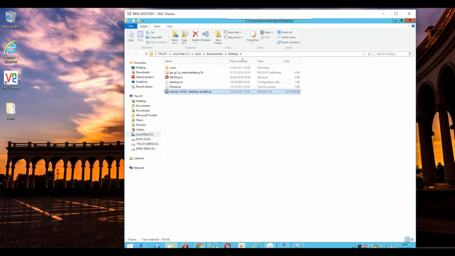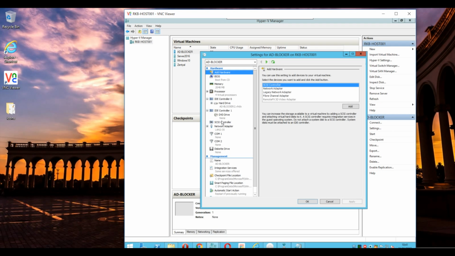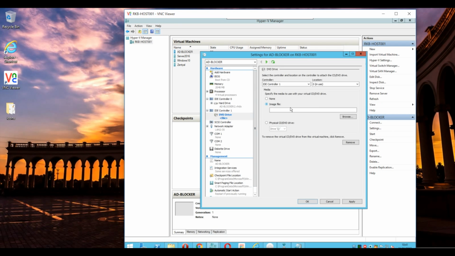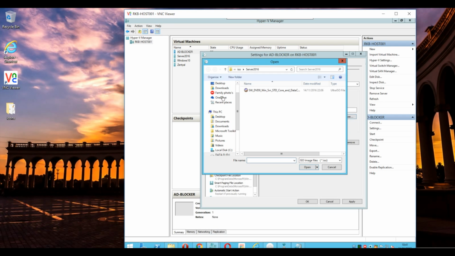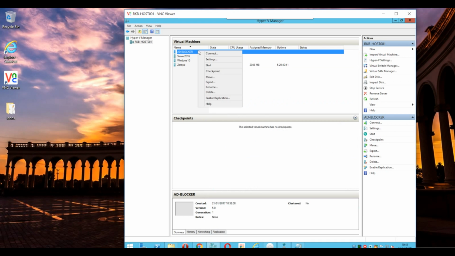So let's get back into the virtual machine manager, and we're going to go to settings, DVD drive, mount an image, browse to my desktop, which is here, and there's the ISO. So we're going to click OK on that. I'm going to connect to the virtual machine,